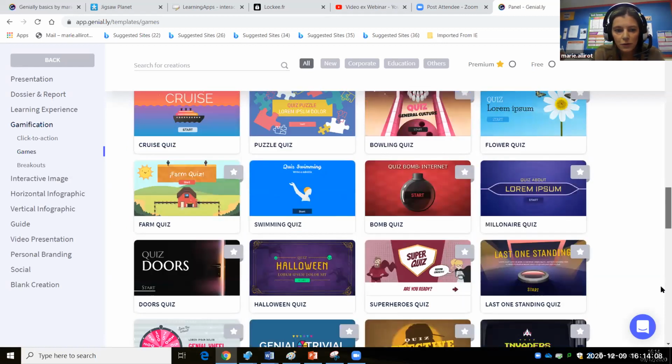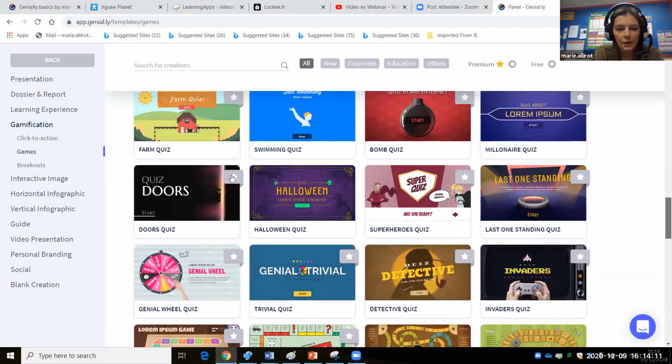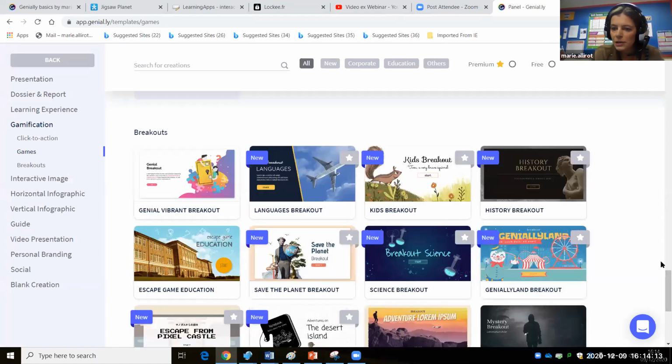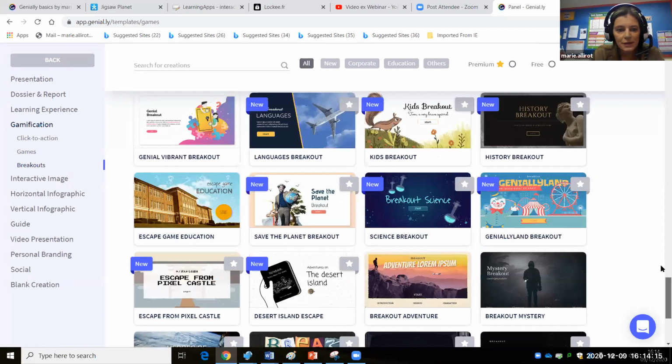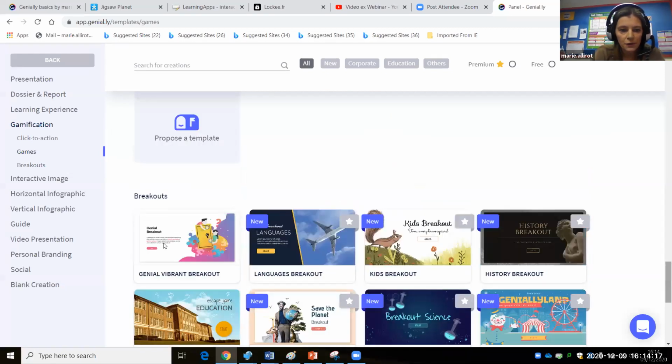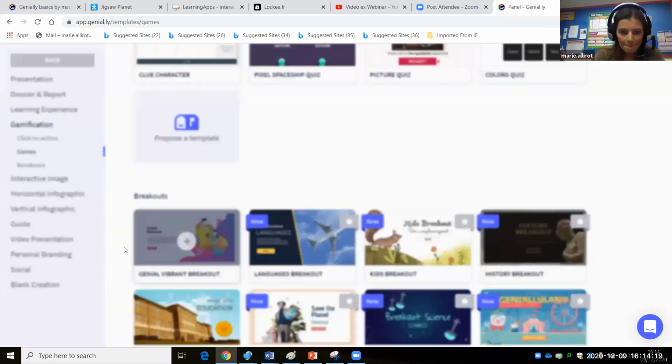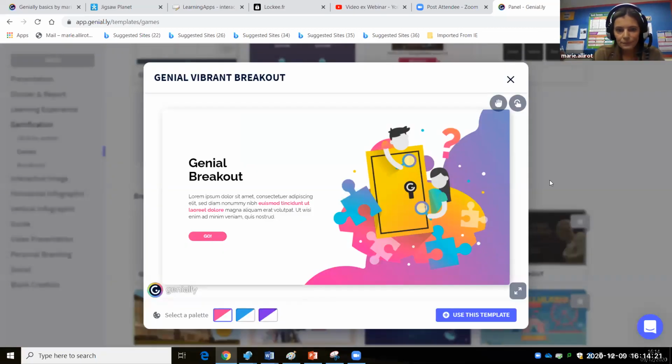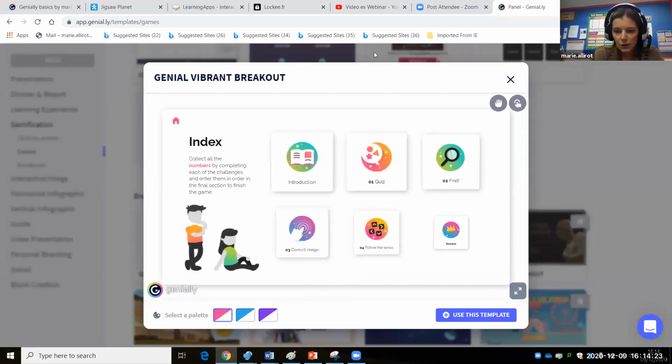If I go at the bottom of the gamification, there's breakout. So that's all the templates for escape game activity. I'm going to use this first one today. This is a free one. So you just press go.